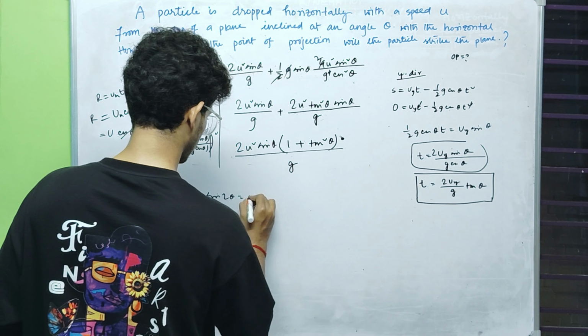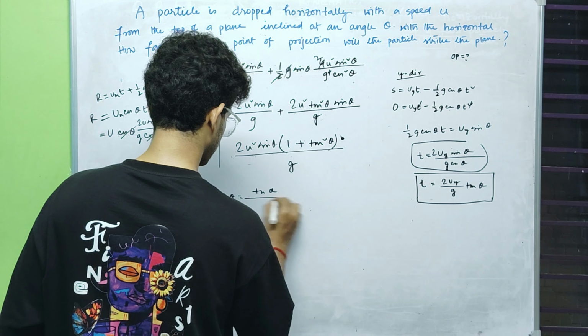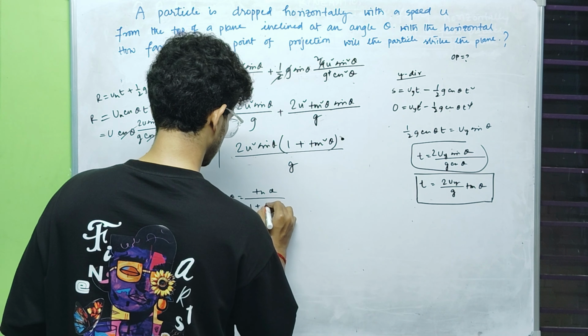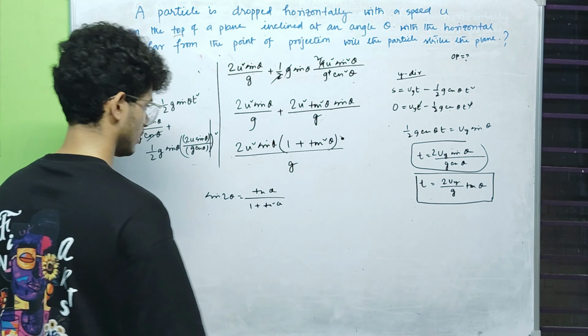sin 2 theta equal to tan theta by plus tan square theta,